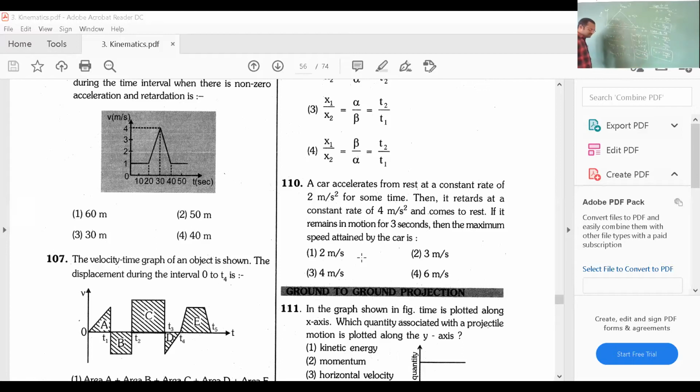Abhay, check your answer once. Abhay, you check your answer once. Option should be 3. Very important question. You should solve. This is the method to solve this question. If you are good in mathematics, then what you will do? First you will write this equation, then this equation, then this equation, and you will substitute. You will get the answer within 3-4 steps only if you are good in mathematics.